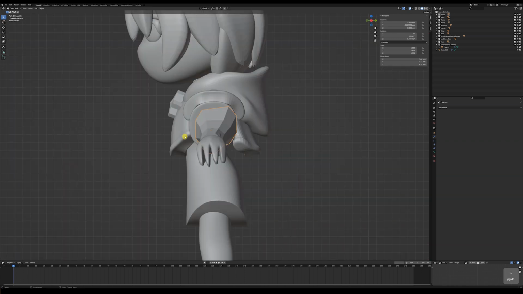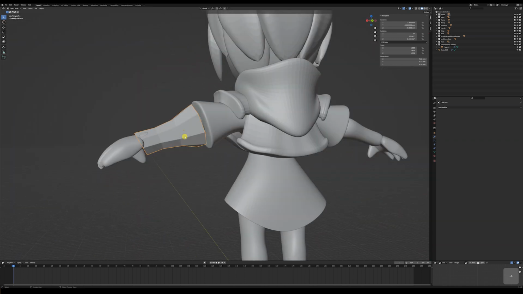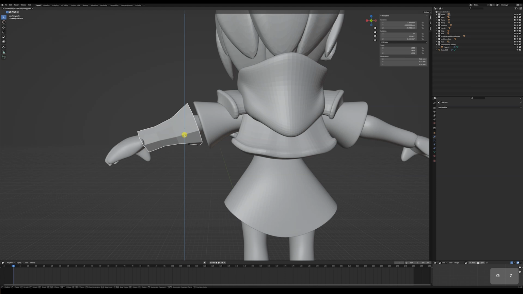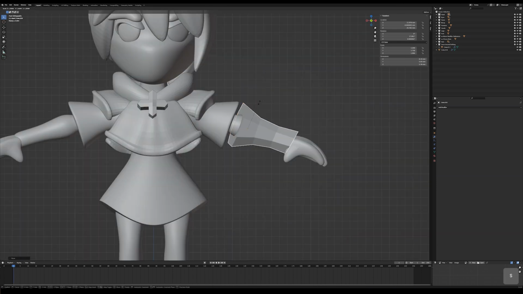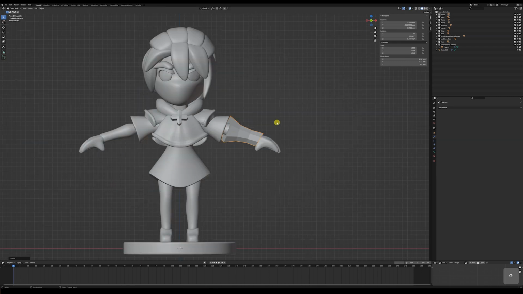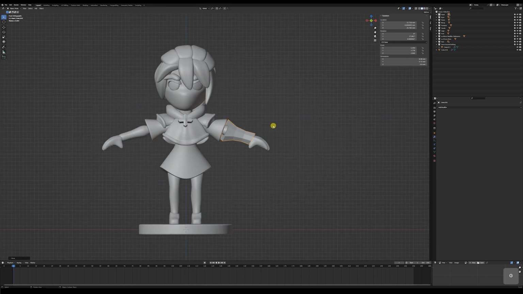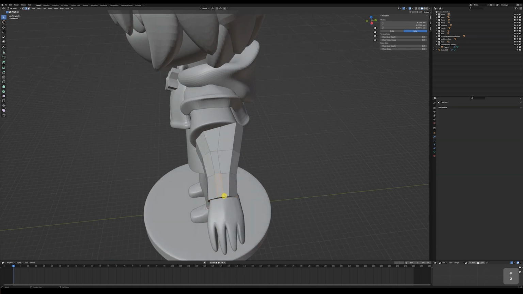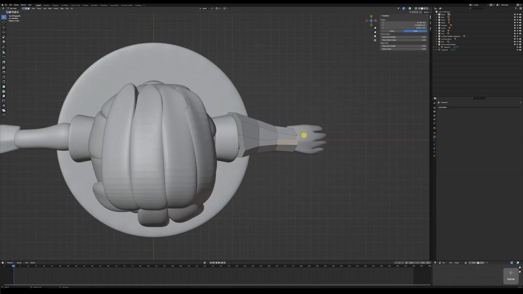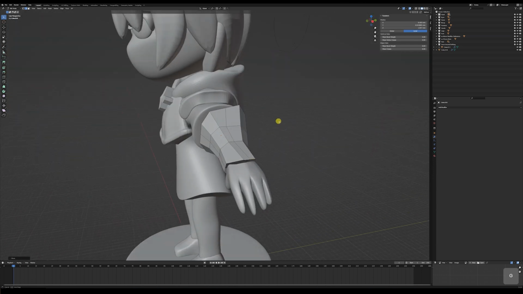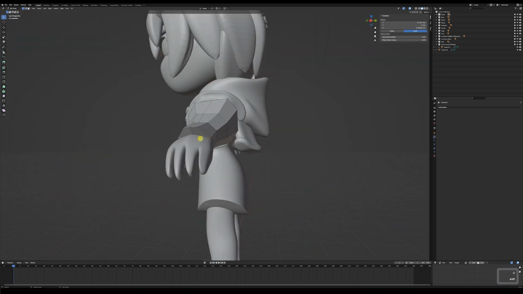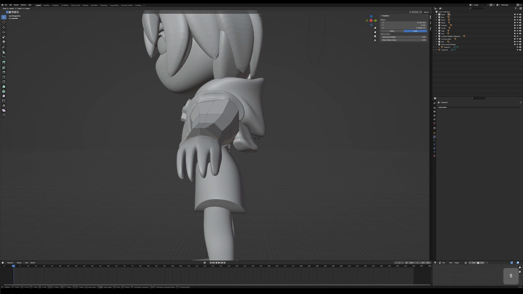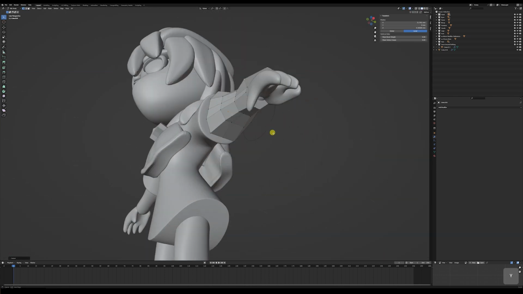Anyway, I think that gauntlet's looking pretty good. Maybe I'll bump this up a tiny bit, and I might even want to increase the size overall. Yeah, that's not bad. I think that's not too bad. Let's grab these two edges right here, and we'll bring this forward. We'll grab these two edges right here and we'll bring it forward to overlap his hand a bit more. And then we'll grab these two vertices and we'll scale it up along the Y like that to just sort of